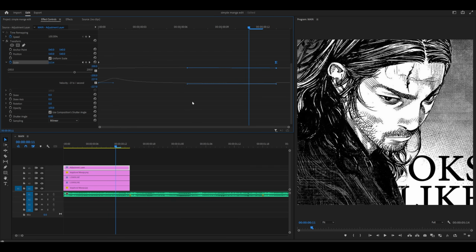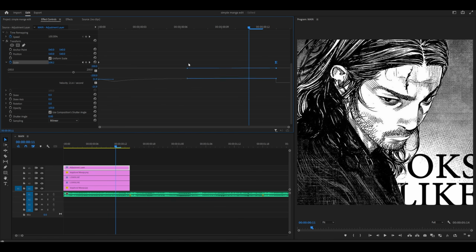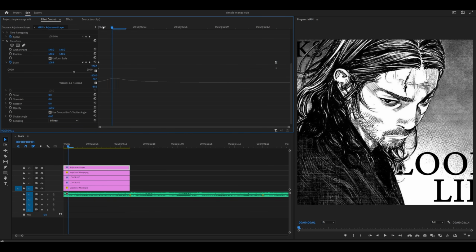If it looks like this, then it's not going to look good. And as you can see, it kind of dips. And also if it's too high, it's going to look like that. So make sure it looks smooth. Now, if we play it back,